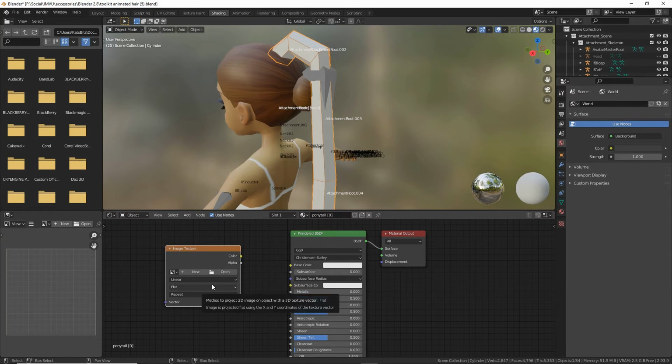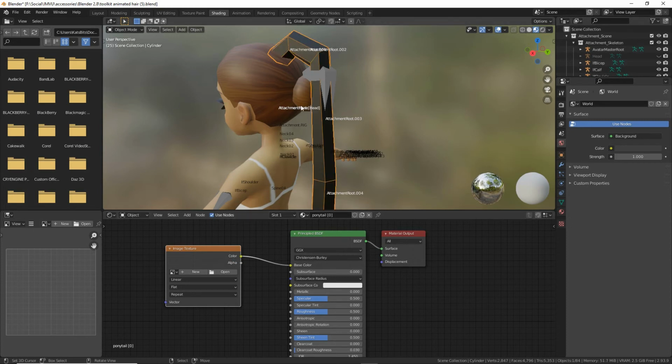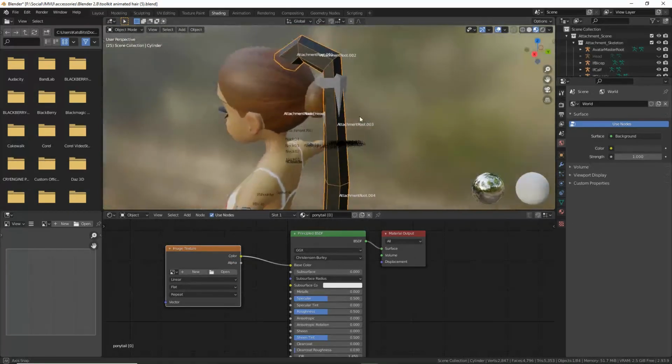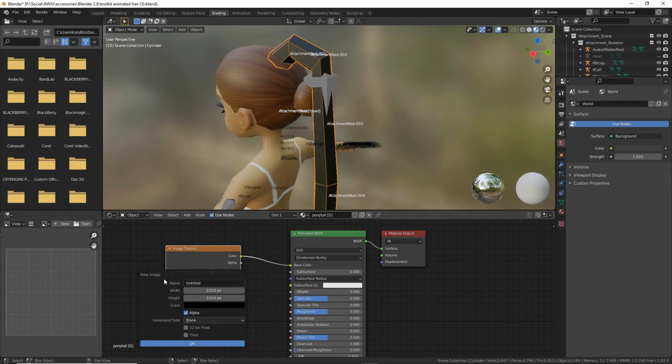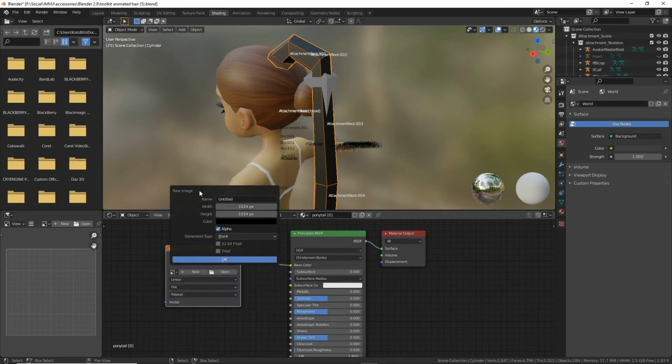Click to drop that in place, and connect color output to base color input. It'll go black because we haven't set an image yet. So for that, either load one, or if we don't have one, click new. We'll get the new image pop up where we can create our image. Let's just call this ponytail. Set the width to 512, height 512,